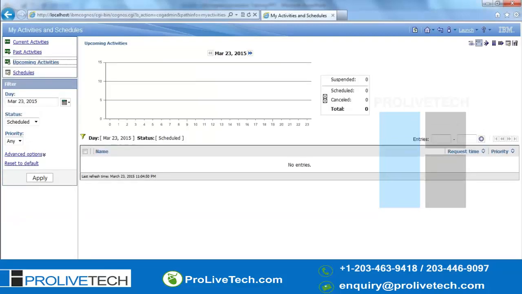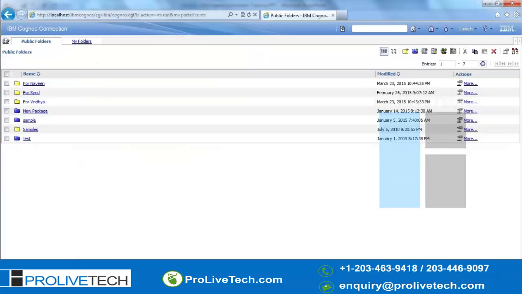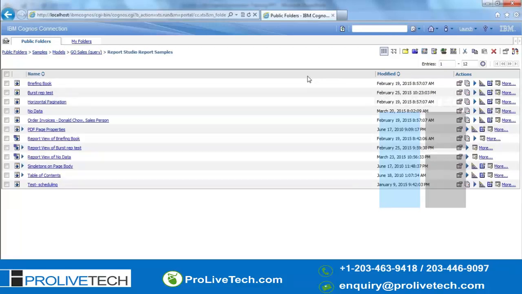Let me check once again. I'm just going back to Cognos Connection: Samples, models, process query, report studio, report samples. This is the one, right? Schedules.